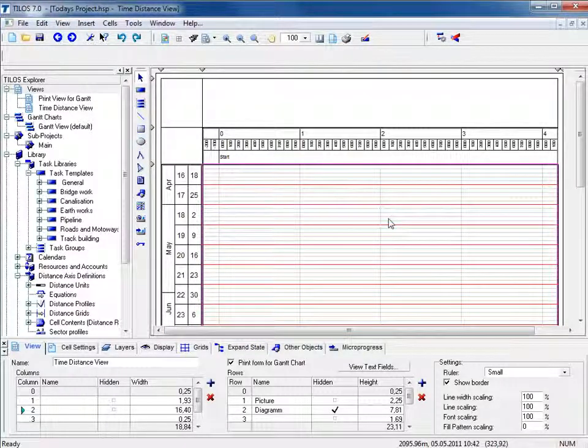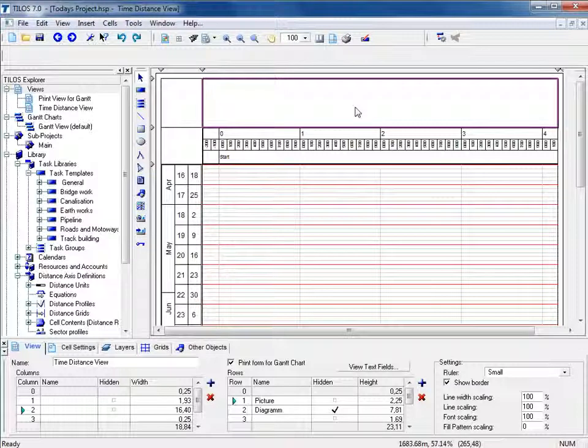The first object we are going to insert today is a distance graphic, which is usually an image stored in a file somewhere. In order to do so, we need to highlight the area which we would like to insert the graphic into. So in this specific case, let us highlight the row above the distance field. By going to the Insert Objects toolbar in the middle of the screen, if we click on the Insert Graphic icon,